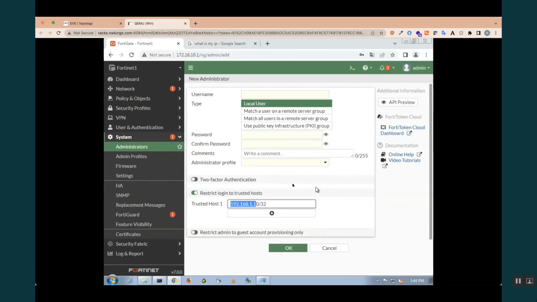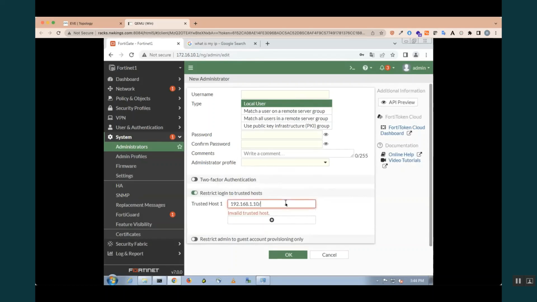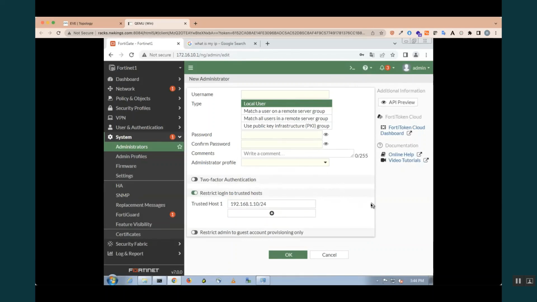Got it. Only this particular 1.10 will be able to access this. Yes, correct. Or you can give an entire subnet, that is also fine. So you can define who can take the access. Here only the IP address or the subnet we can give, but not address objects, right? Only the networks, we have to call the IP addresses. So what do you mean by address?